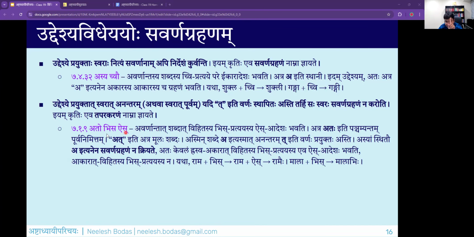And now you can see, because this ta is added, this process is called tapara karanam. So because this tapara karanam is done, unlike the previous sutram, the ato bhis ais sutram is not applicable for akara. So unlike this, Ganga also became Gangi because it was simply asya. Here, for the word mala, you will not get the savarna grahanam. So you will not get the ais adesha because mala has akara, and a followed by a ta, which means tapara karanam, will not do savarna grahanam. So saha savarna grahanam na karoti. So ataha atra akarasya vishaye eva idam sutram pravartate.